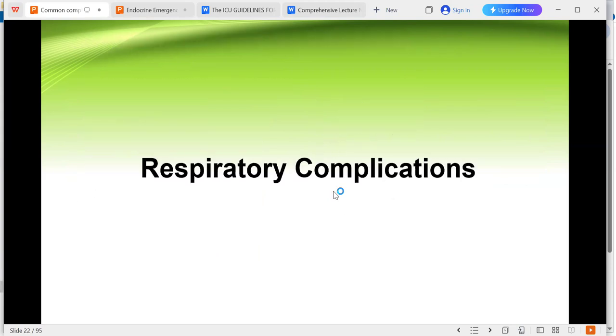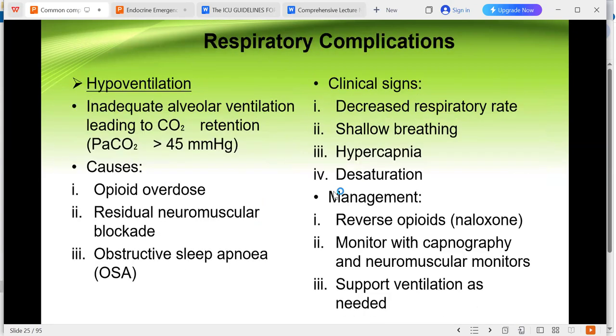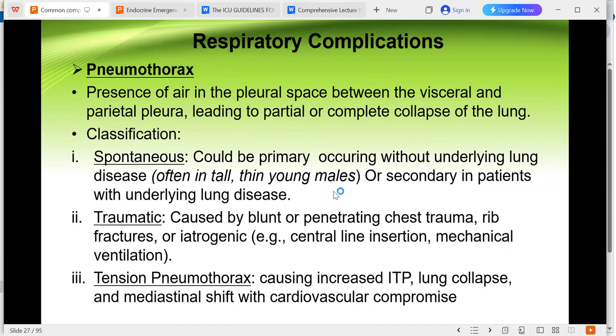Let's go to respiratory complications. We answered all this. I'm just going to select one of them. One very important respiratory complication is pneumothorax. Even last week, I had an ICU patient who was taken to the OR for elective tracheostomy following prolonged intubation, and the patient developed bilateral tension pneumothorax intraoperatively. So pneumothorax is a very important